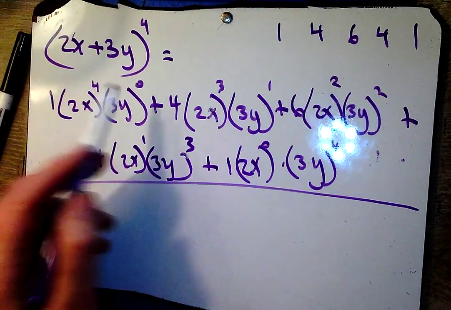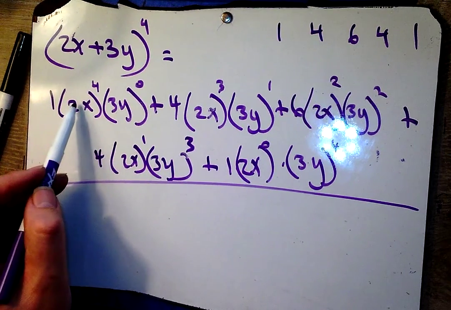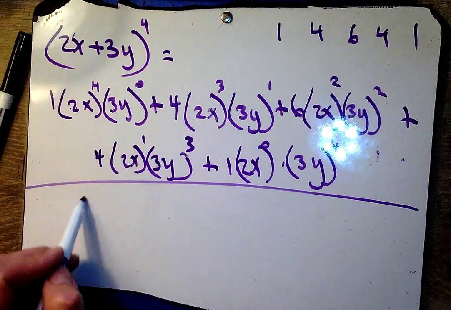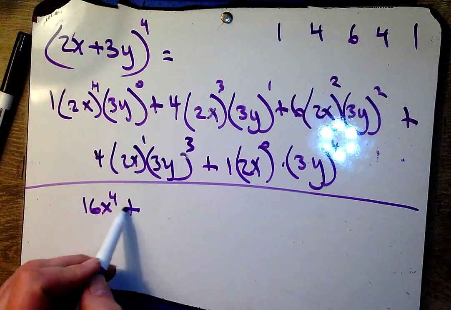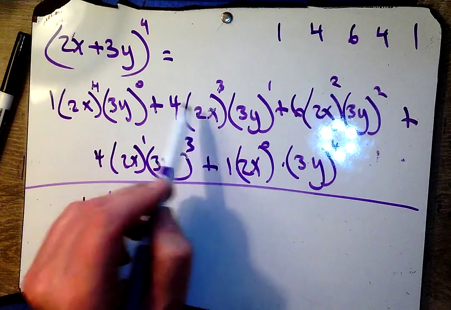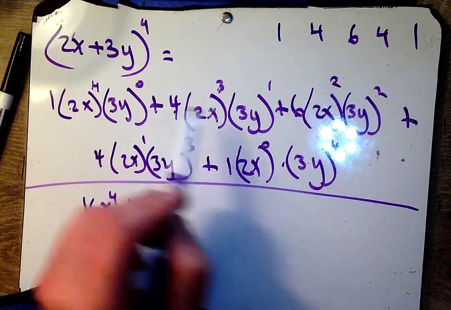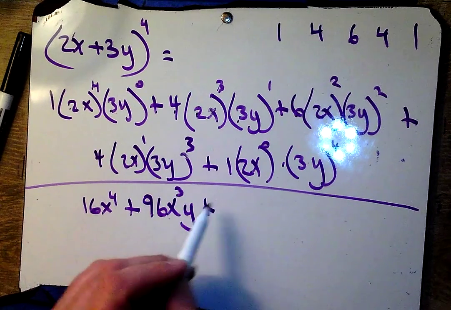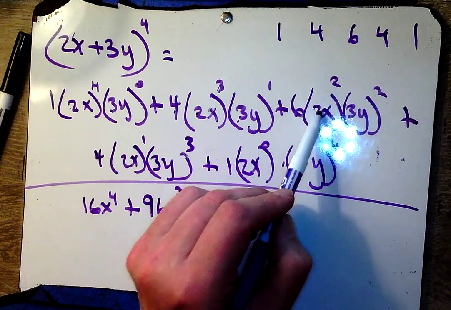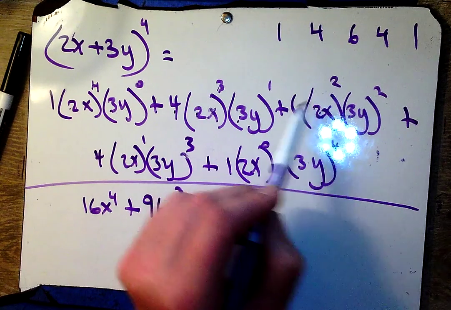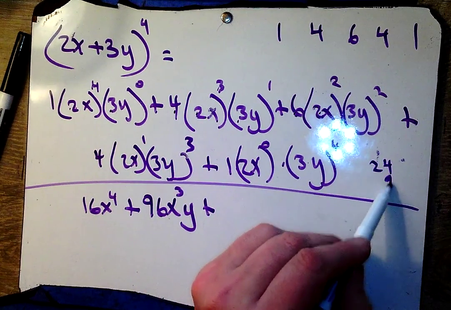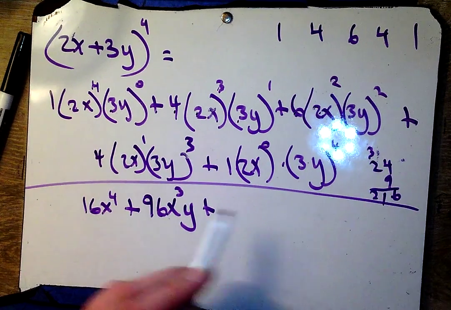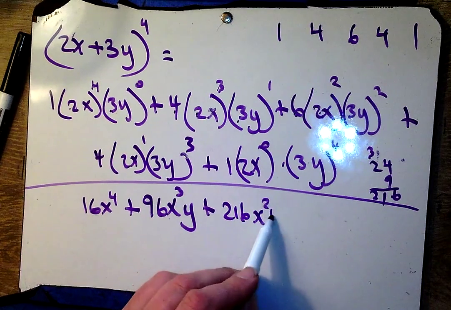All right, well, let's tidy this up. 2 to the fourth is 16 times, to the 0 power is 1, so I just have 16x to the fourth thing. 2 to the third is 8. 8 times 4 is 32, times 3 is 96, x to the third y, plus 2 squared is 4. 4 times 6 is 24. 24 times 9. So 6, 3, 216, x squared, y squared,